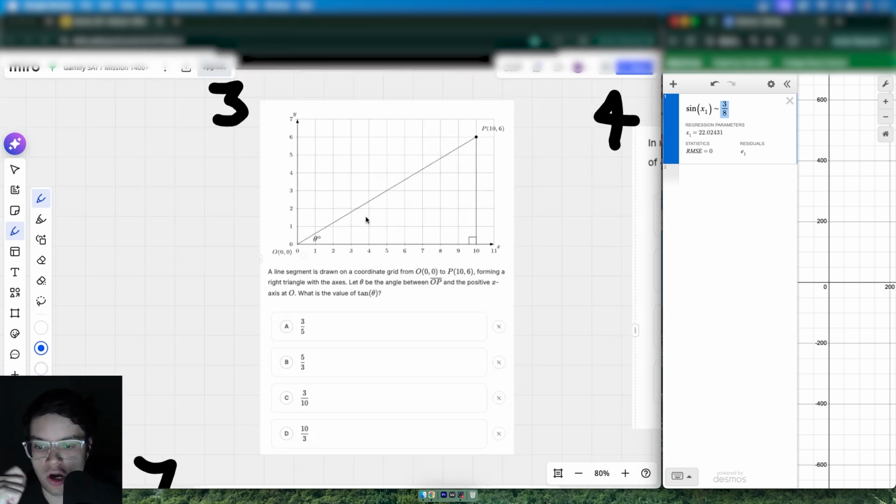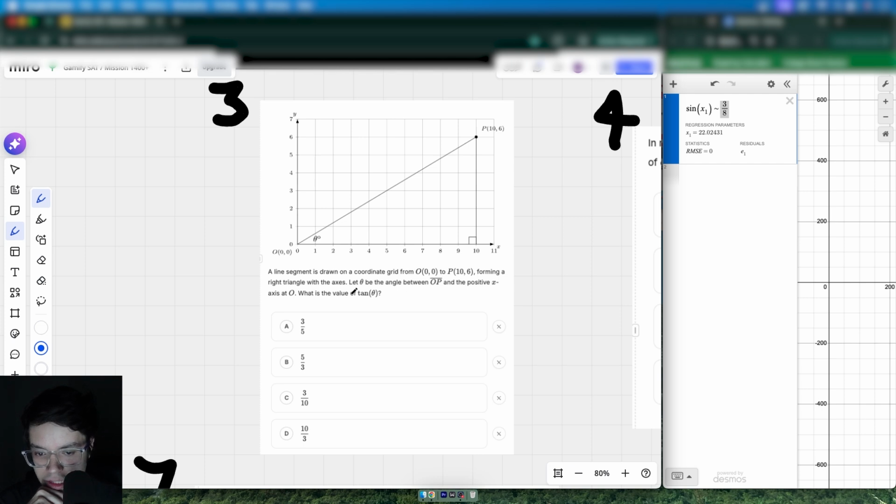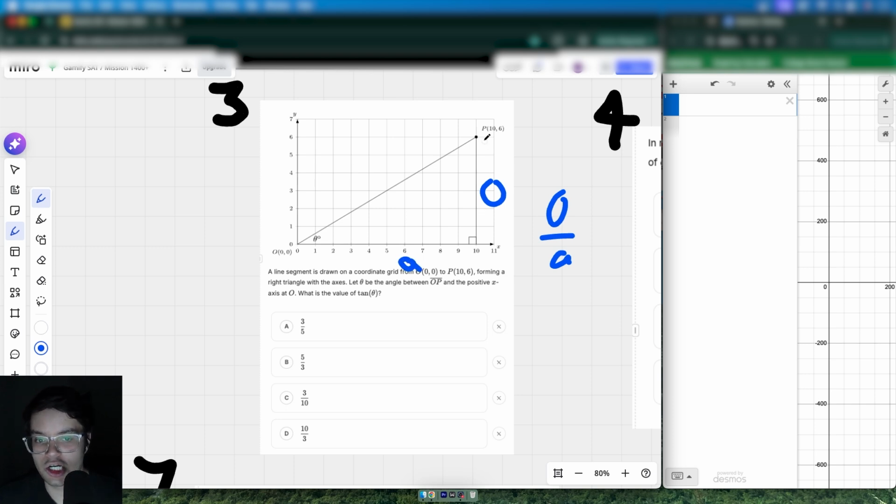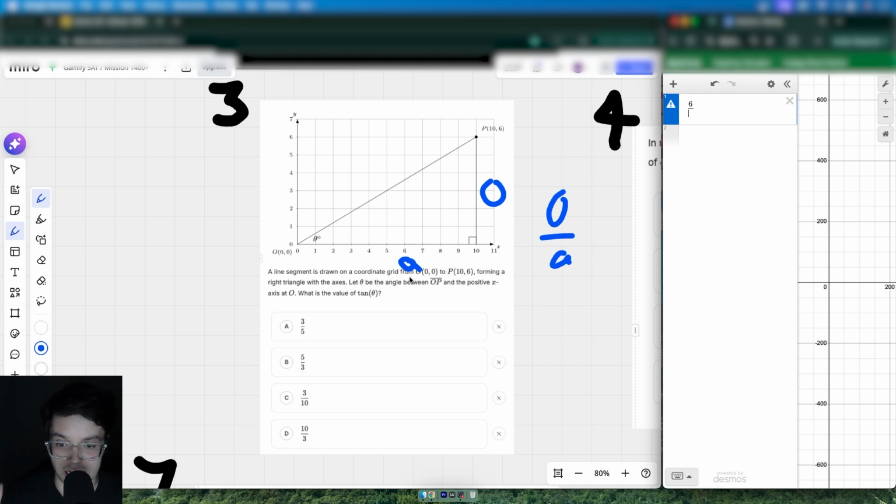So we have here this right triangle, and it has all these different things, so all the locations of them. It says let this thing be the angle between OP and the positive x-axis, so it'd be this angle. What is the value of tangent of that? Okay, so pretty simple. The tangent would be equal to the opposite over the adjacent, in case you already forgot. So opposite would be this one, and then adjacent would be this one. Okay, so opposite here is equal to 6 because we have 6 different boxes. So 6 divided by adjacent, which would be 10 because we have 10 different boxes. So 10, and I can just say here is equal to tangent of, let's just say x1 for that. Okay, so tangent of